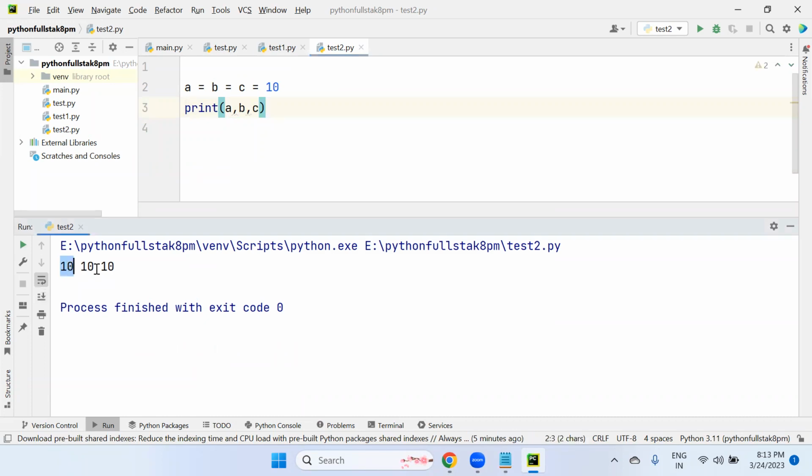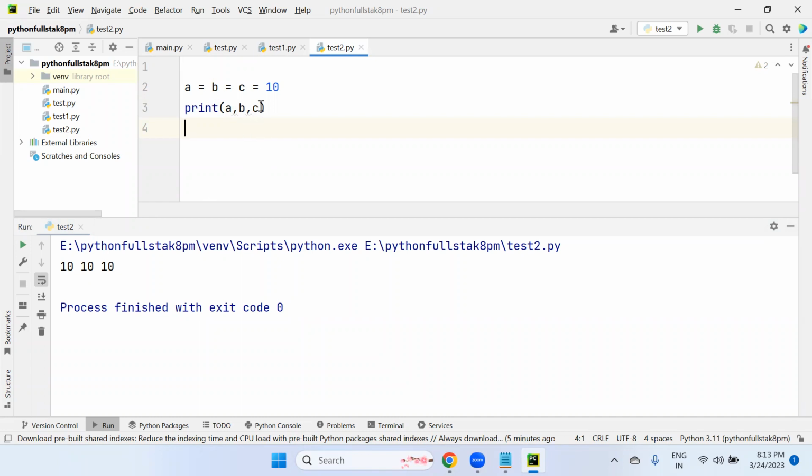So 10, 10, 10. But look at this, when we print these 3 variables in the print statement, we got the output with a space separator between each and every value. This is called the default separator. But sir, I want a comma between these three values, like the separator should be a comma. How can I give the separator between the values?